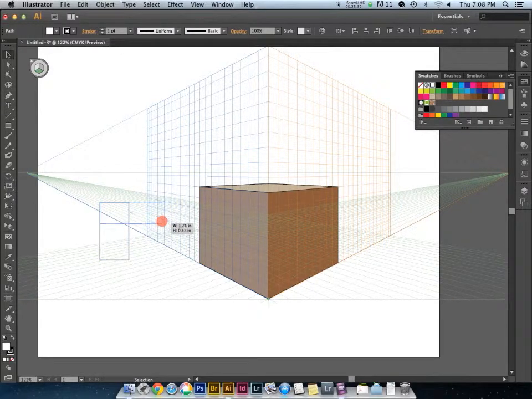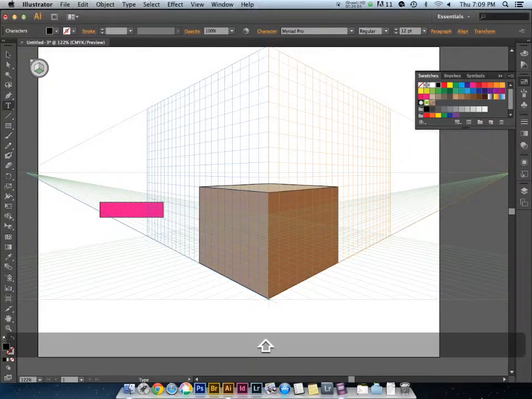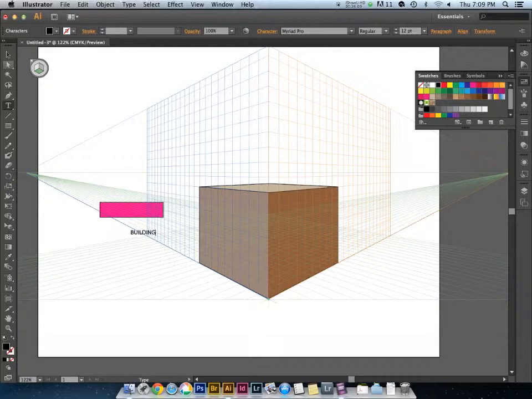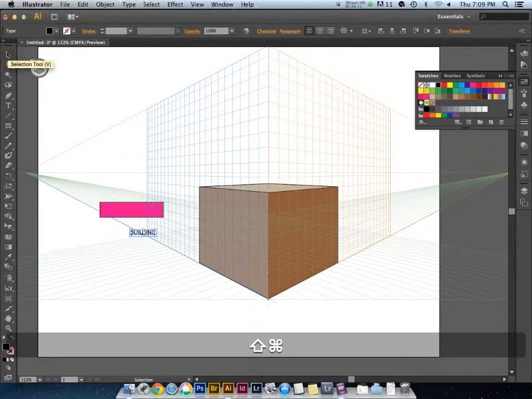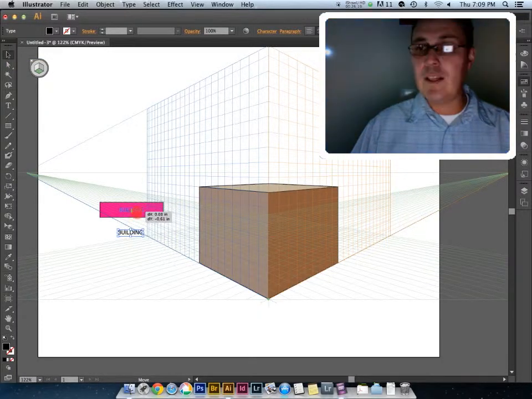I'm going to make a sign for my building. I'm going to fill it with a nice pink, and I'm going to use the type tool to type in building. Nothing exciting. I'm not very original sometimes. I'm going to center this text by hitting Command-Shift-C for centering. So now the text is centered. And I'm going to make it a little bit bigger